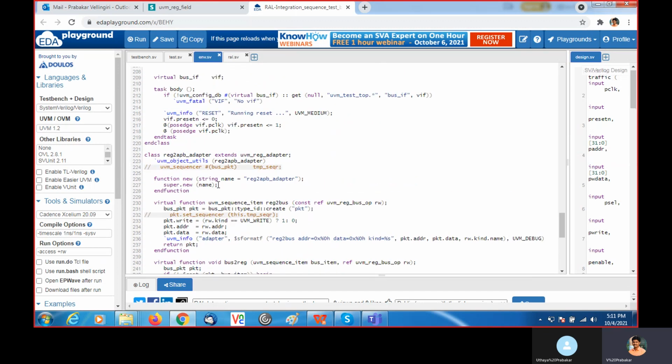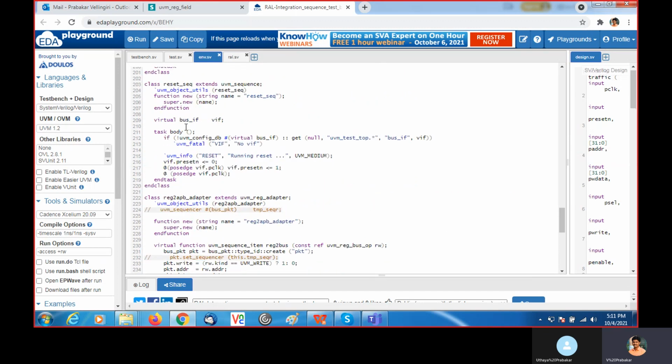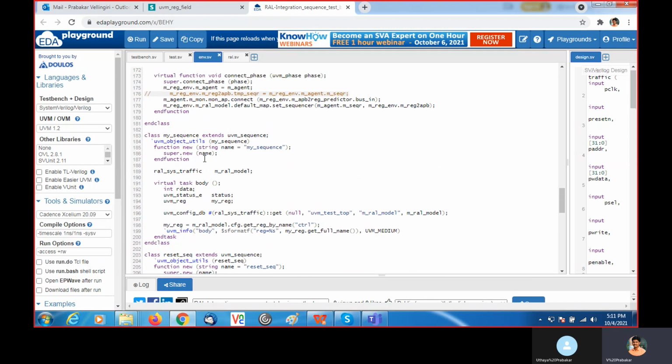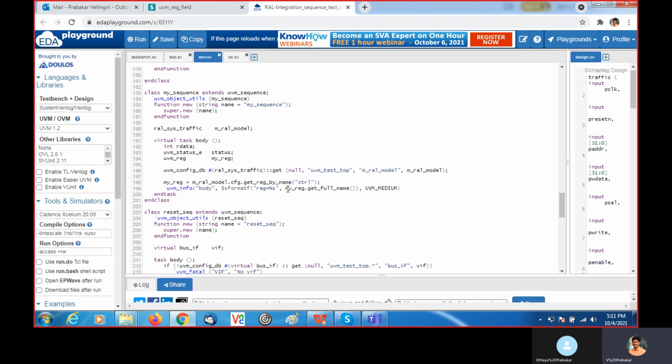That I get here in my sequence, using the get method from config DB, and get this RAL model. Then using this I am assigning inside the RAL model.